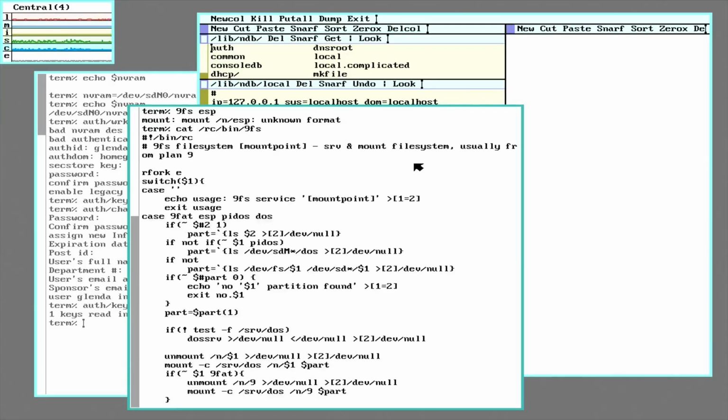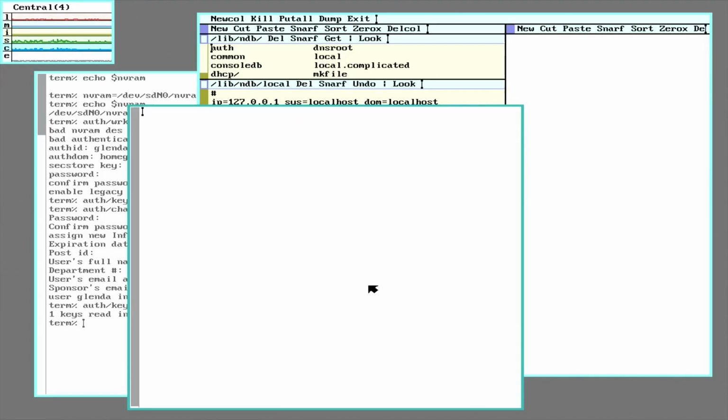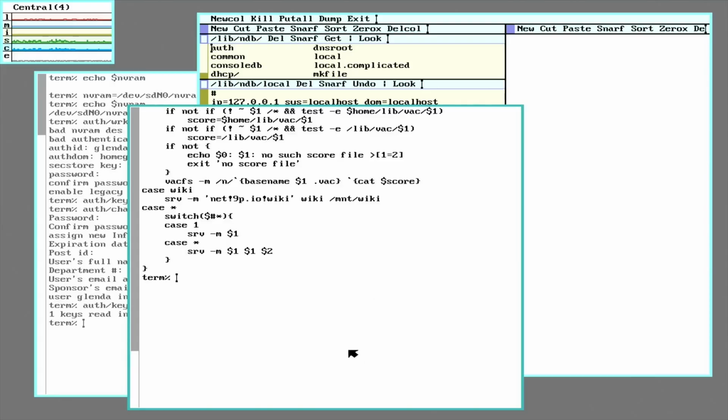9fs is just a script, runs a bunch of stuff. It's going to run through all your storage devices looking for ESP. If you notice when I did the install, this thing is set up to be a mini NAS. So there's several hard drives in it. One of the other hard drives has an ESP partition. So it's getting confused because there's multiple of those. If you run across this problem,